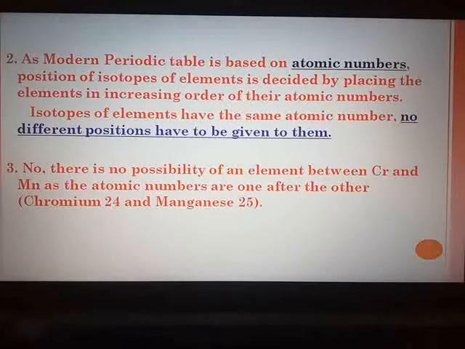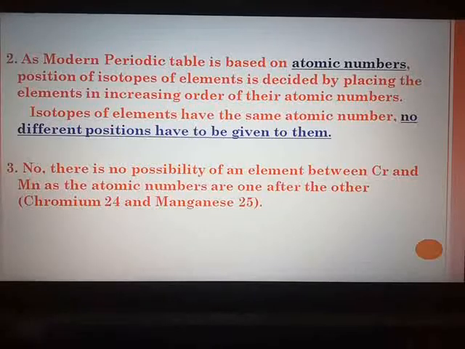Fourth one I have not mentioned here in the slide. It is very simple. They have asked us, what do you think? Should hydrogen be placed in group 17 of halogens or group 1 of alkali metals? It is very simple. Hydrogen should be placed in group 1. Why? Because of hydrogen's tendency to donate. It can easily donate one electron and form a stable cation instead of accepting one electron and forming an anion. So when it is donating one electron, it is best suited in group 1. With this, we complete the activities on page number 21.